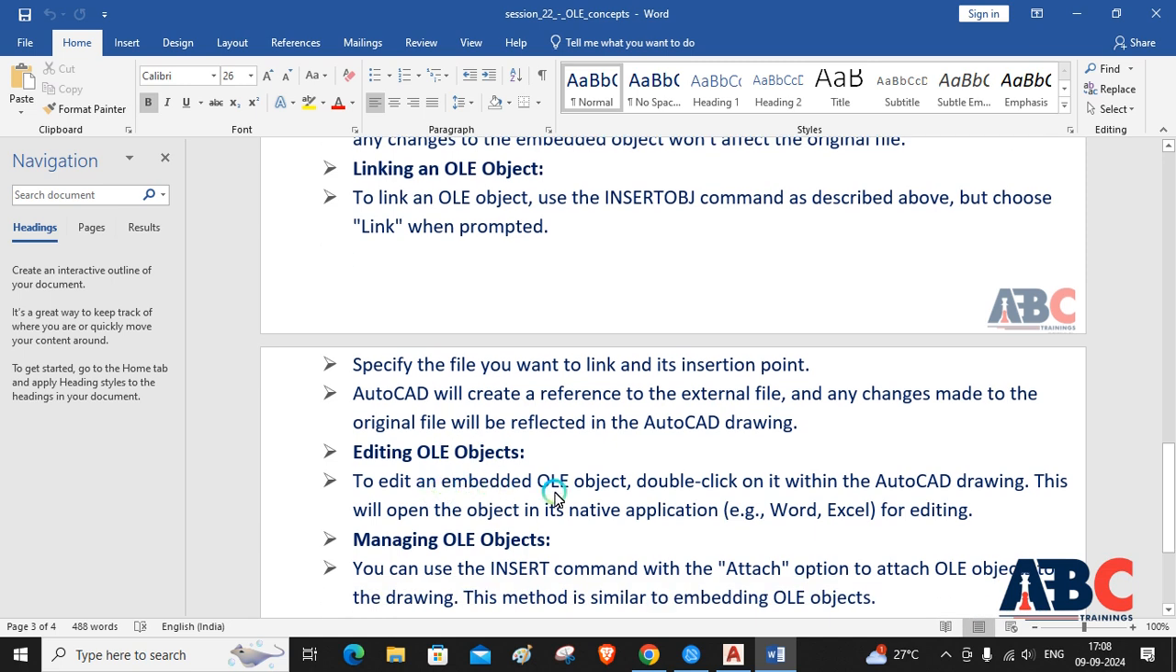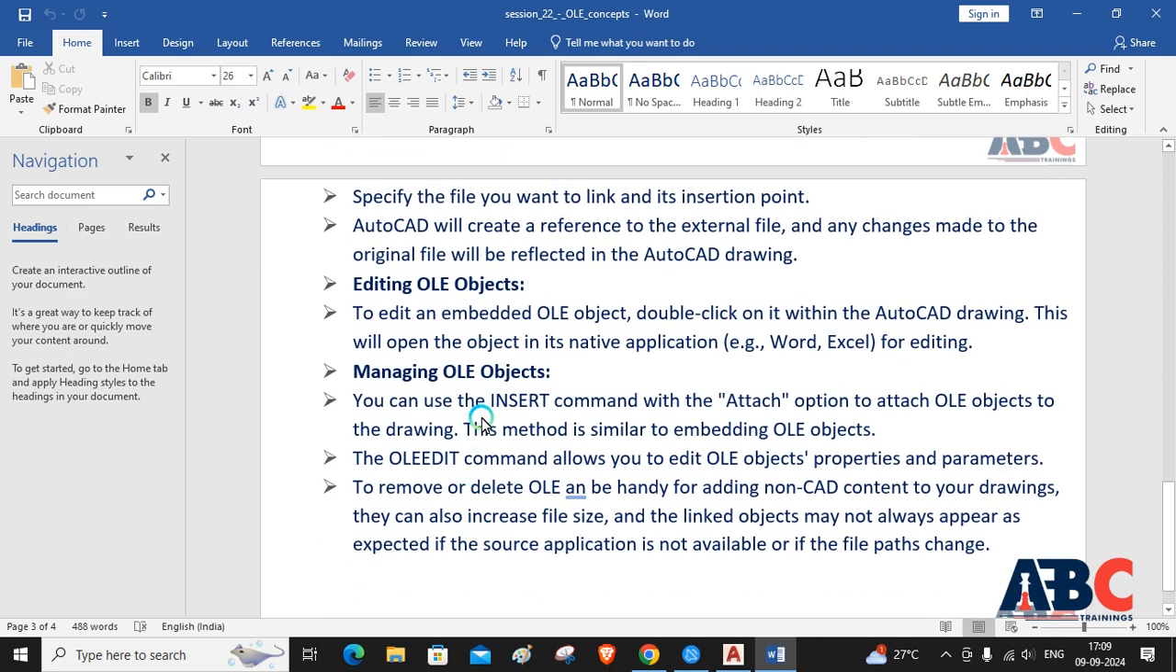Editing OLE objects. To edit an embedded OLE object, double click on it within the AutoCAD drawing. This will open the object in the native application, for example Word or Excel, for editing. Managing OLE objects. You can use the attach option to attach OLE objects to the drawing. This method is similar to